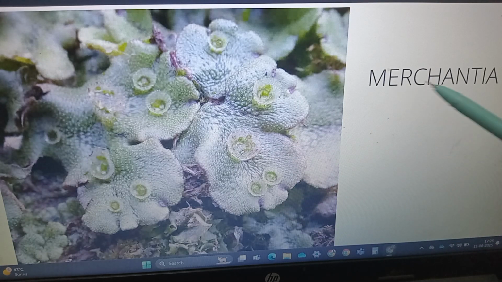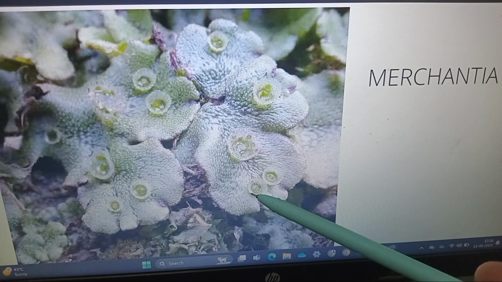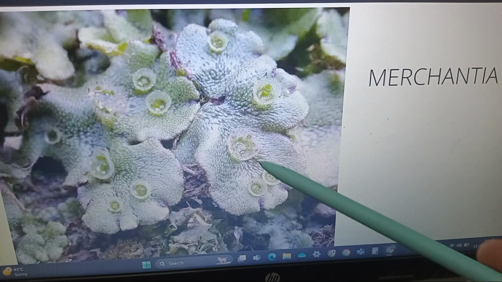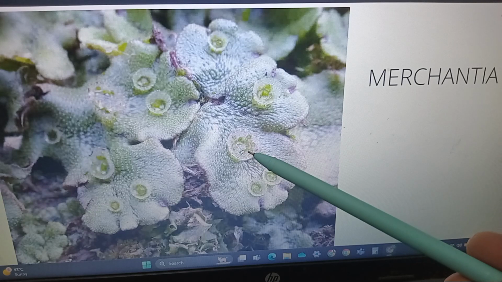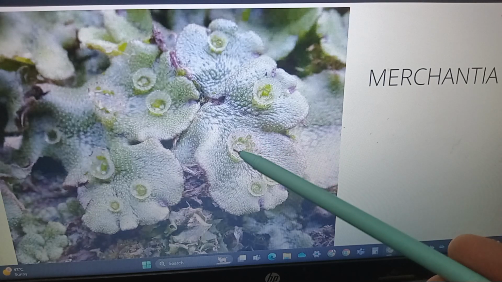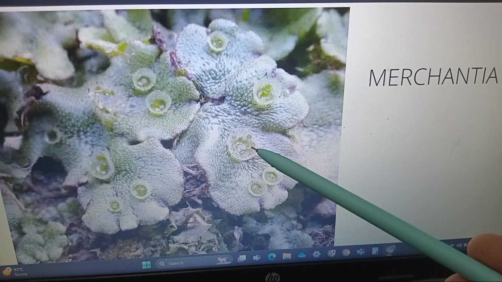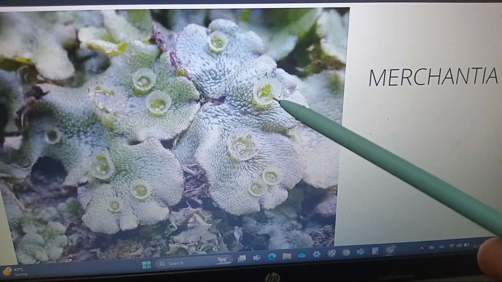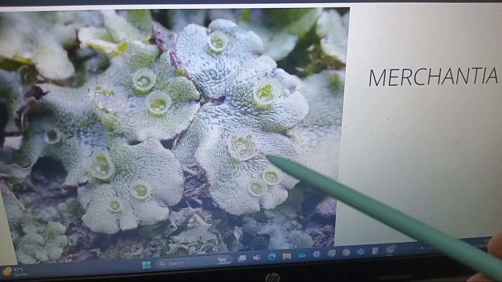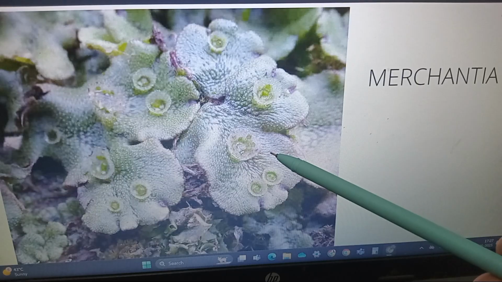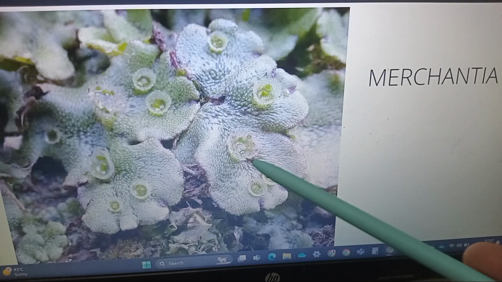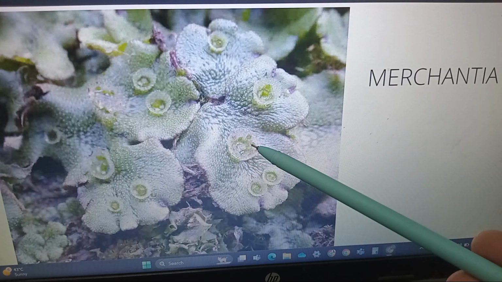In Marchantia, here we are seeing these small cup-like structures called the gemma cups. In these gemma cups, when you look very closely, there are multicellular small green bodies which are being produced asexually from this body. This body of the Bryophyta is a gametophyte. This is a gametophyte which is producing asexual bodies called the gemmae in gemma cups,